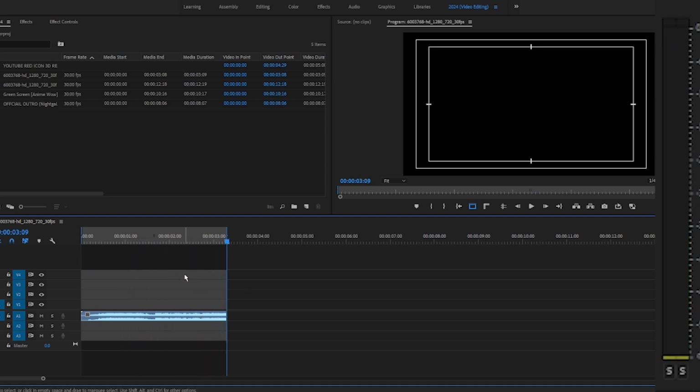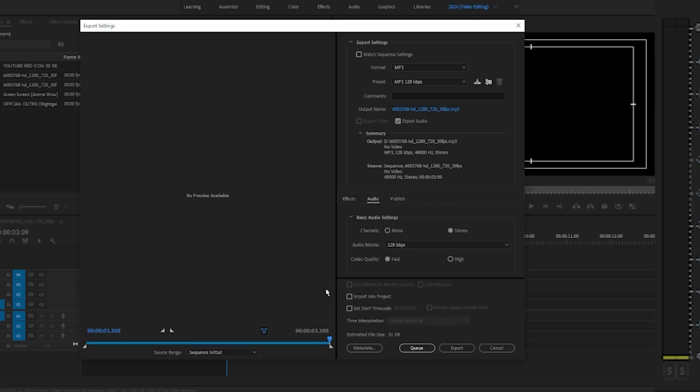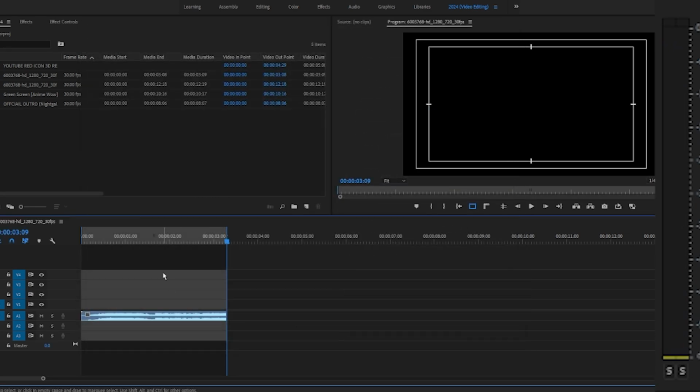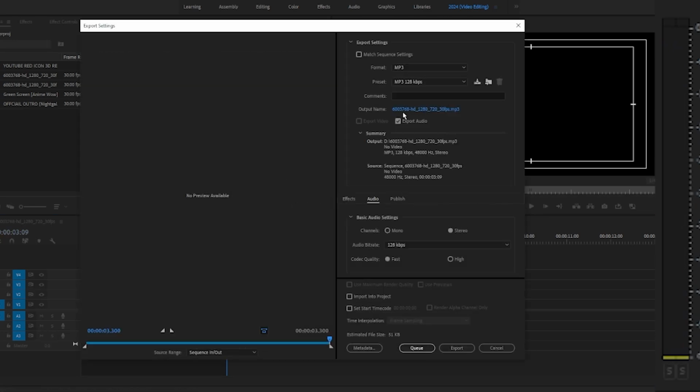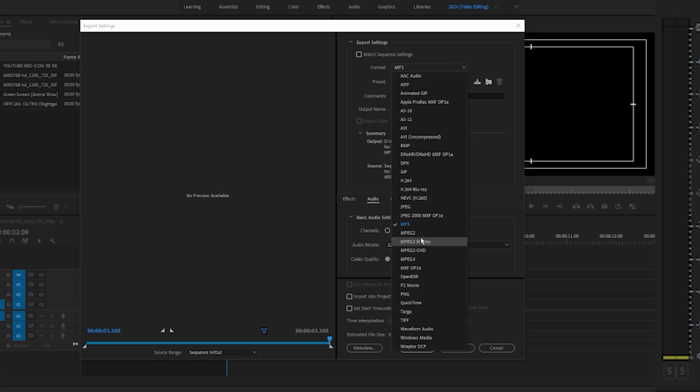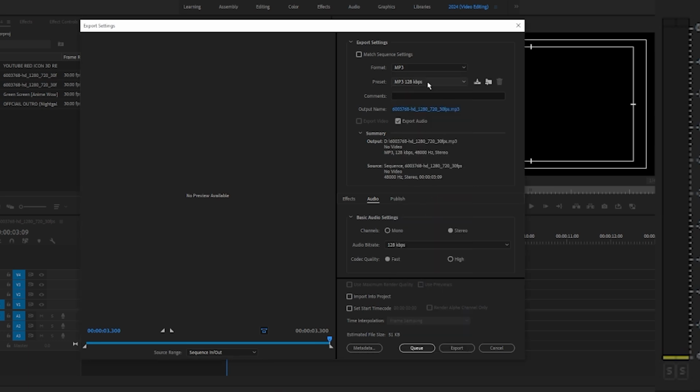Now basically you want to click Control plus M on your keyboard, and then under Format, click the drop down arrow and scroll down until you see MP3, which is above MPEG 2 and below JPEG 2000 MXF OP1A. And then under the preset, click the drop down arrow and click the third option, which is 256 kbs high